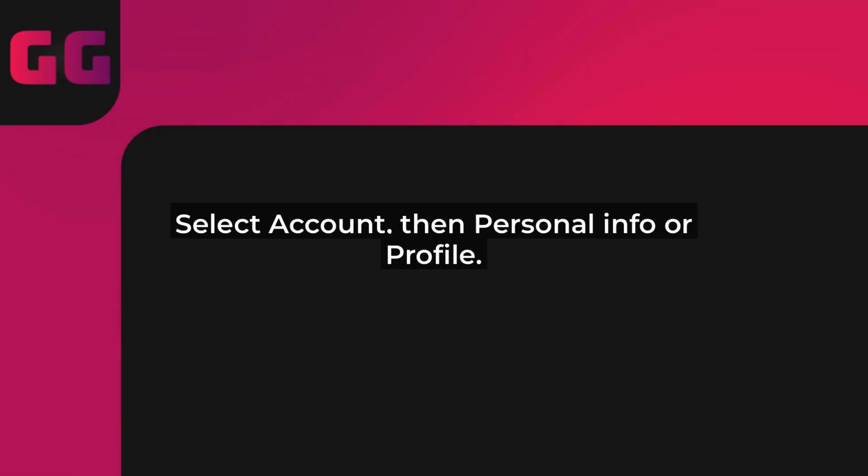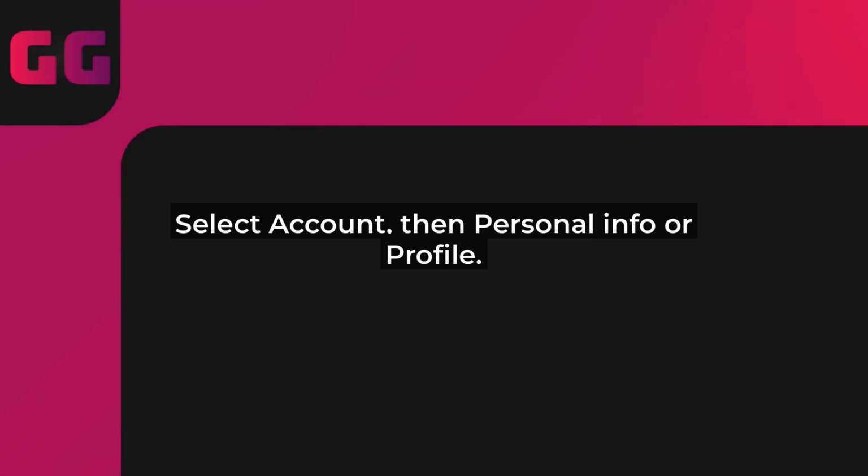Next, look for the Payment and Billing option under your account settings. This is where Xbox stores all your financial details for things like Xbox Live Gold or game purchases. Tap on it, and you'll see a list of your current billing information. Now, find and select the Edit Billing Address button. It could be labeled as Update Address, or something similar in the 2025 interface.